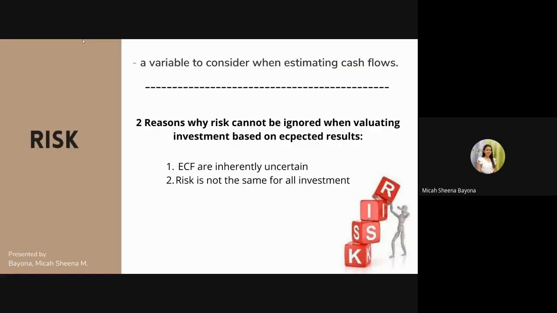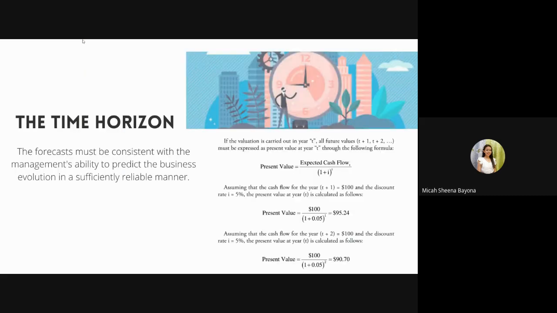So the formula for the present value is expected cash flow over 1 plus the discount rate to the power of t, the year. In the example given in the PDF, assume that the cash flow for the year is $100 and the discount rate is 5%. The present value of the year is calculated by $100 divided by 1 plus the discount rate, which is the 5%, equals